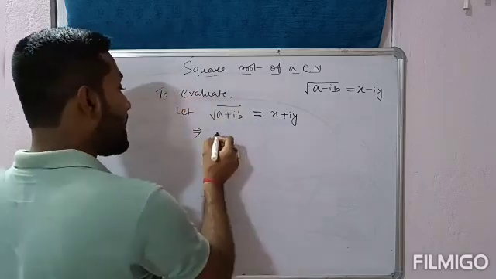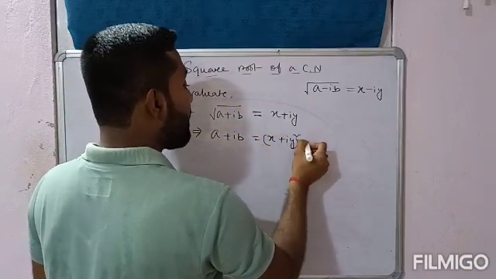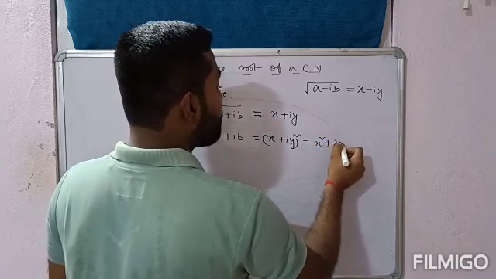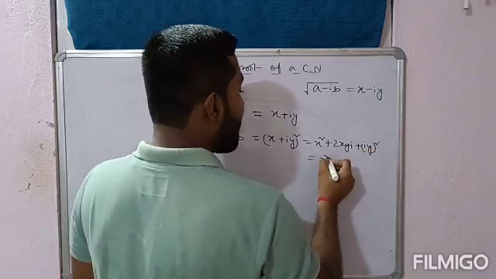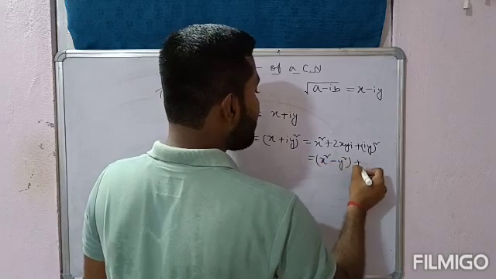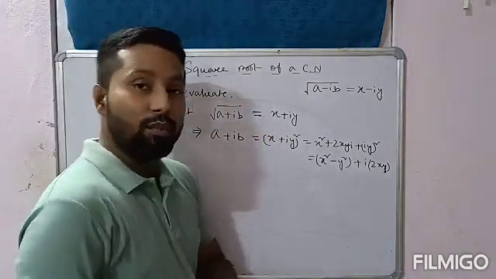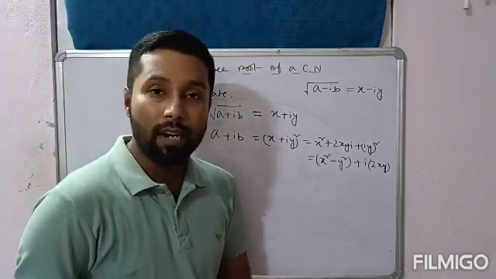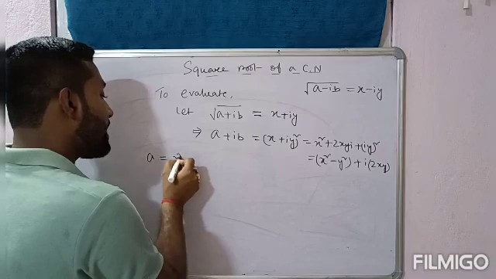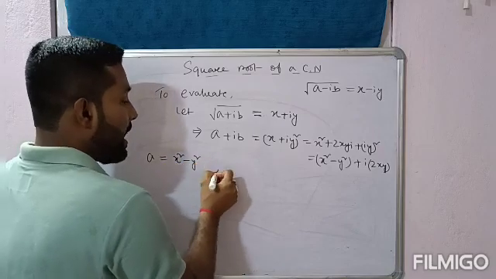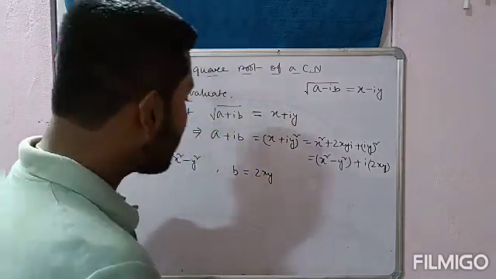Second step, squaring on both sides, that is a plus ib is equal to x plus iy whole square. Now expand the right hand side, x square plus 2xy into i plus iy whole square, or it can be written as x square minus y square plus i into 2xy. Yes. So after squaring on both sides, now equate the real and imaginary part. Equate the real and imaginary part. So here the real part is a. So a equal to x square minus y square, and b is equal to 2xy. Alright. After equating the real and imaginary part,